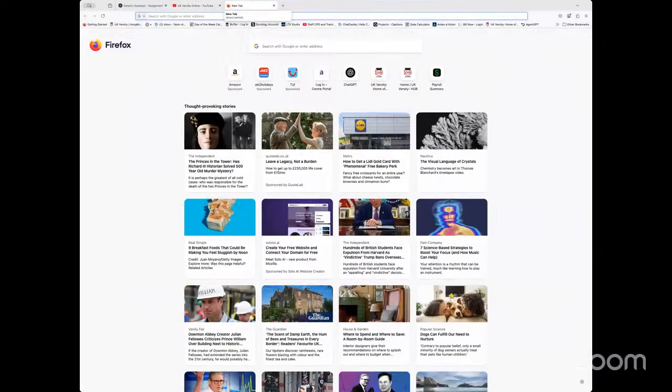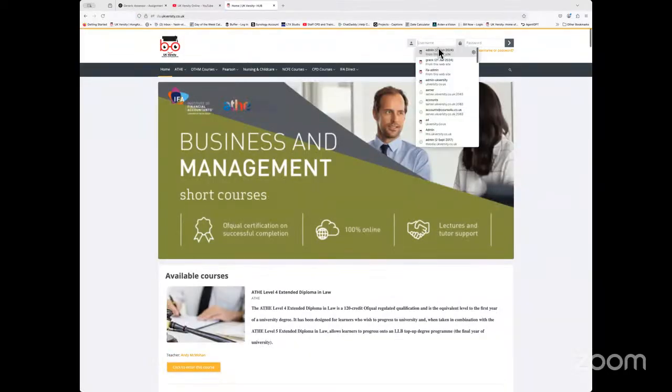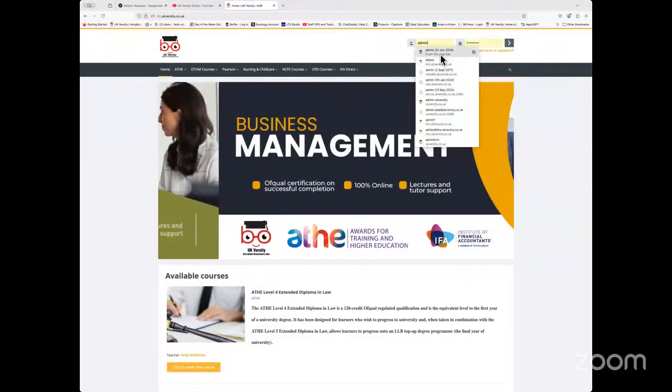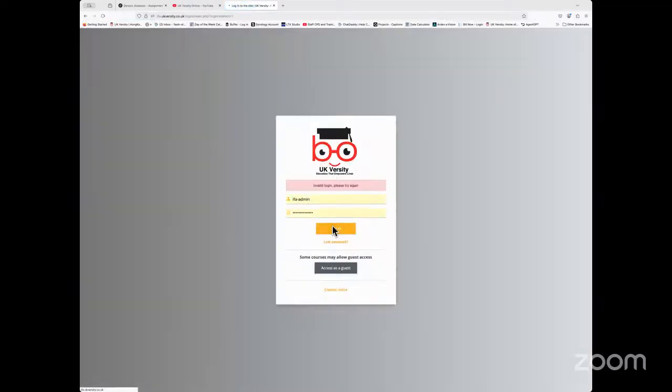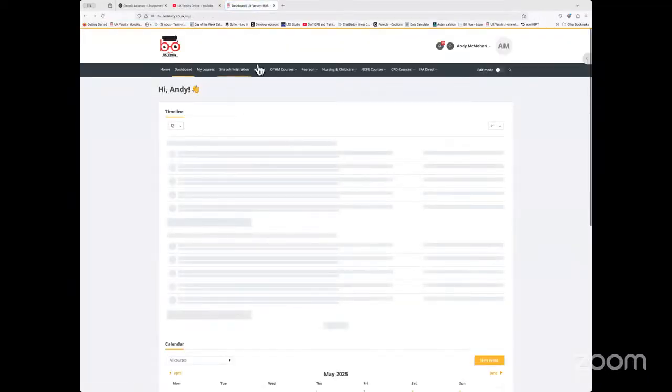The second thing which I want you to go and look at in terms of the Moodle is that all of you should have the Moodle login. Once you have logged in, you should be able to go to the English part of the course, which is NCFE courses. And within that, you go to level 2 English writing.